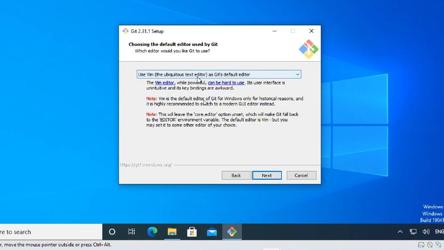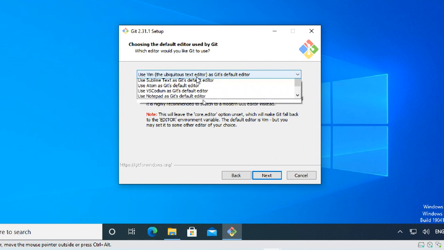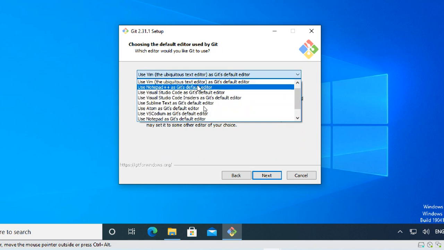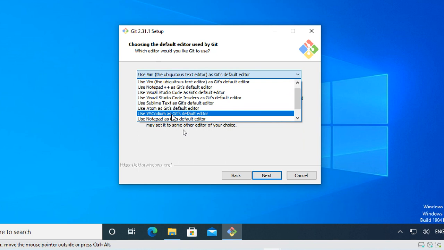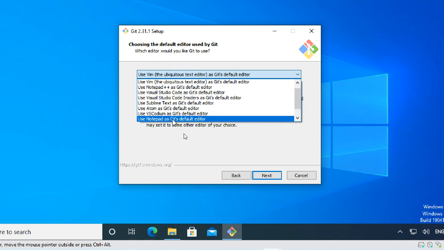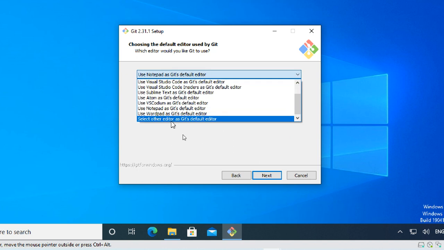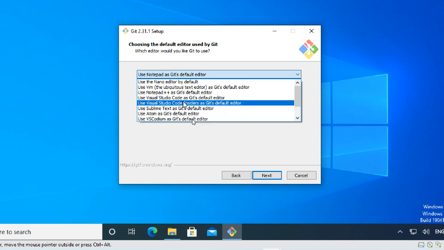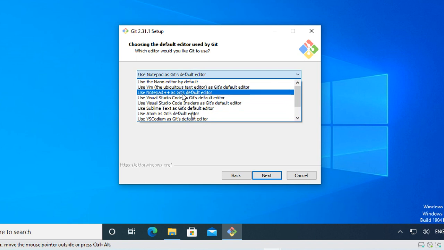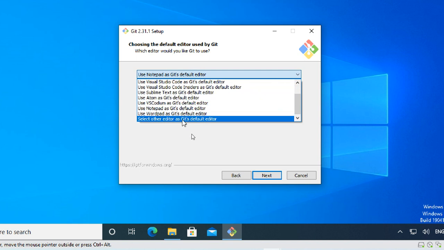It is asking which is your editor. Vim editor, Notepad++, Atom, Sublime, VS Codium, Notepad. Like which one is your editor? You can tell a type of editor. You can use Nano type of editor, Vim editor, Notepad.